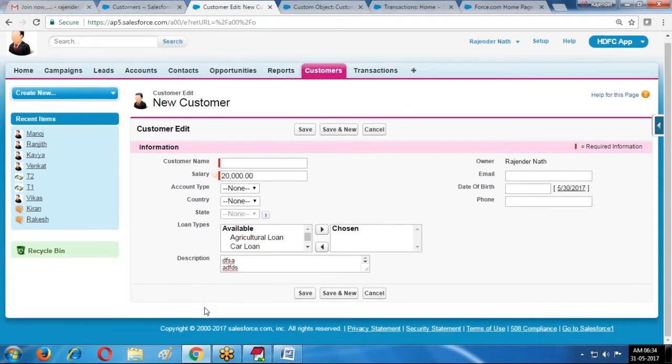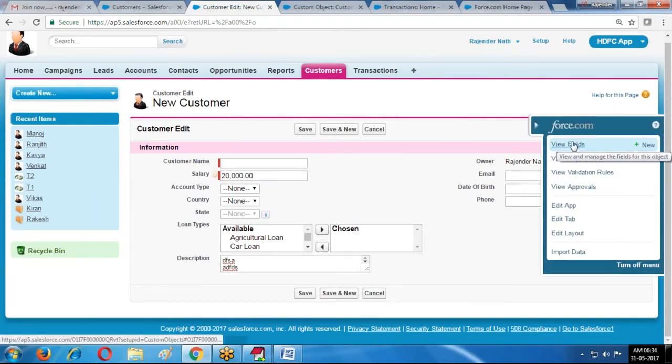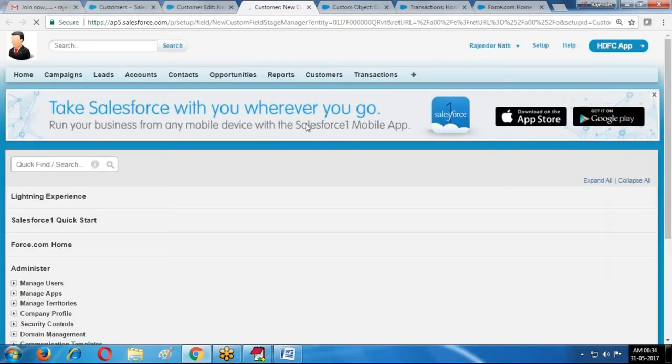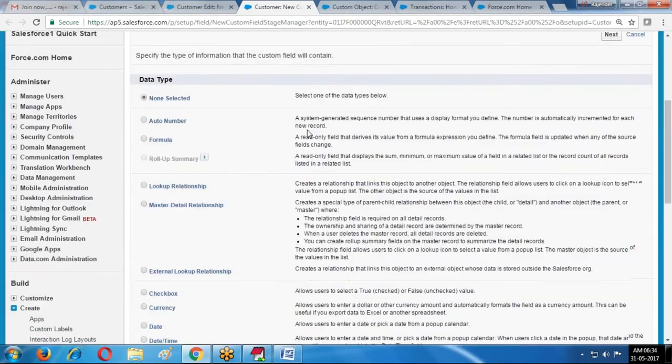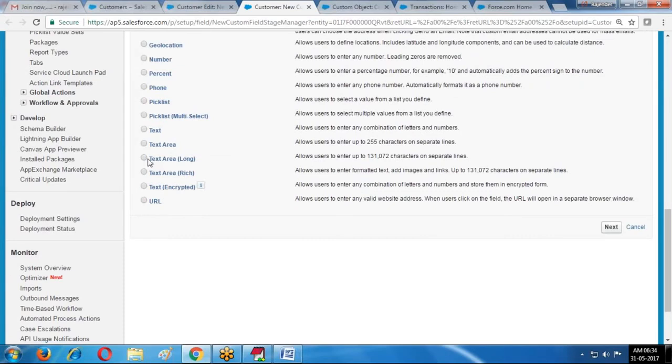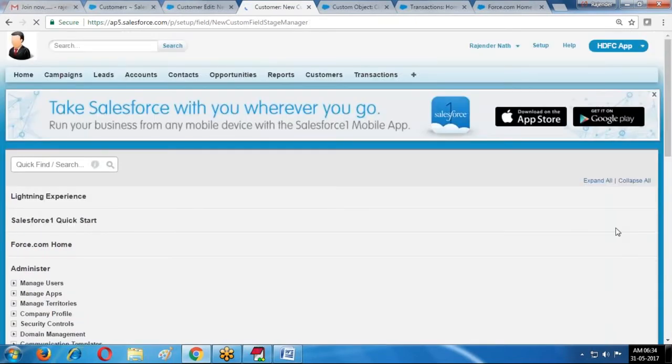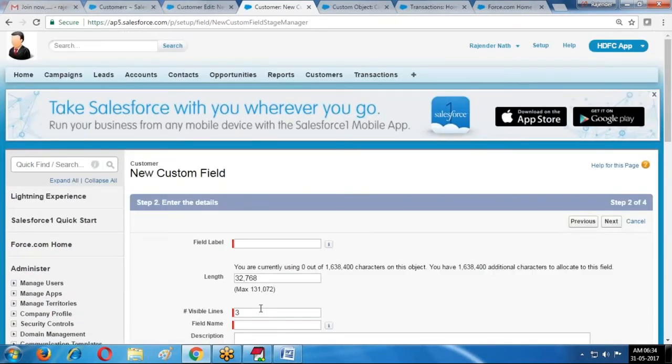And if you want to provide a long description, if you want to provide some 20 lines of description, then you can go for text area long. And text area rich format is also there. For the description, if I select text area long, it is allowing maximum 1,31,072 characters.